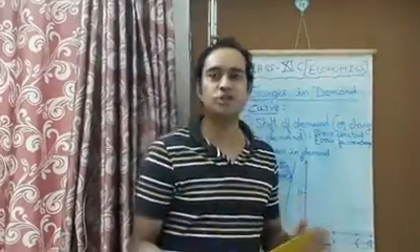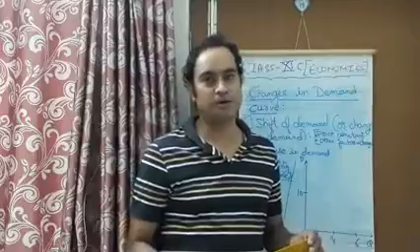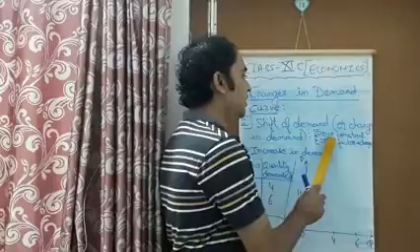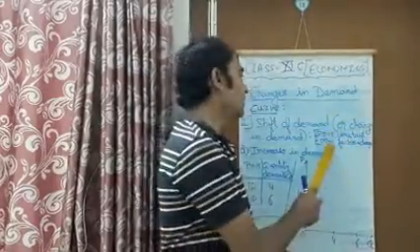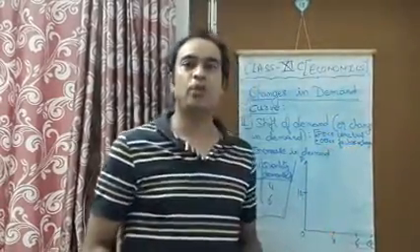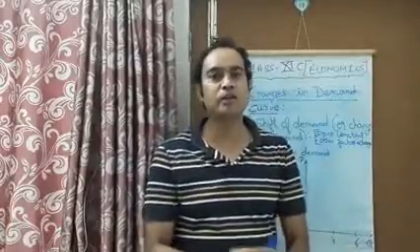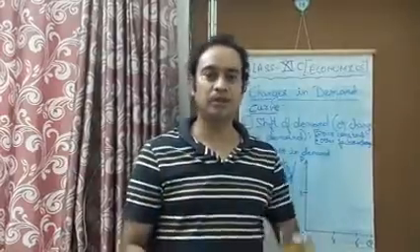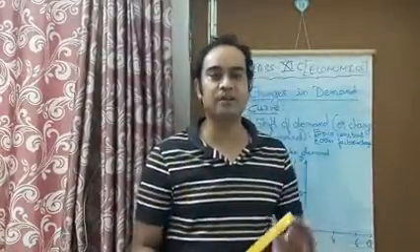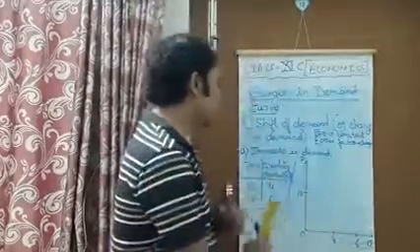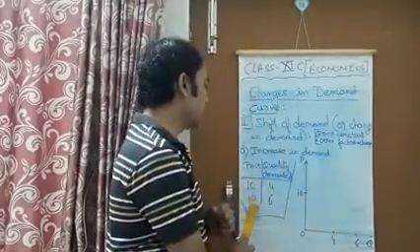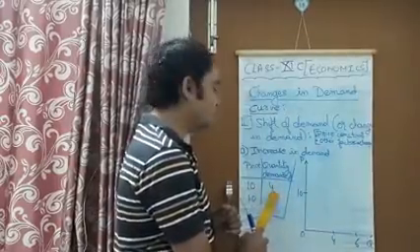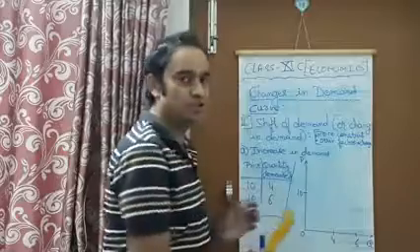Now, what happens in the situation of shift of demand curve? In this situation, the price remains constant and the other factors are changing. That means whenever the demand for a commodity by a consumer changes, it is due to the change in other factors, but the price remains constant. There is no change in the price. As you can see in the schedule given here, price is remaining constant at 10 and 10, but the quantity demanded is going to increase from 4 units to 6 units.